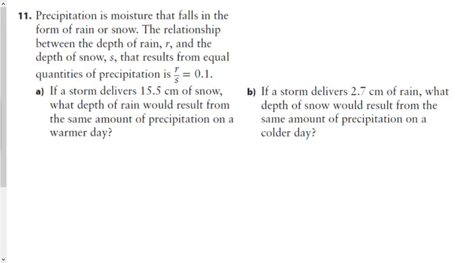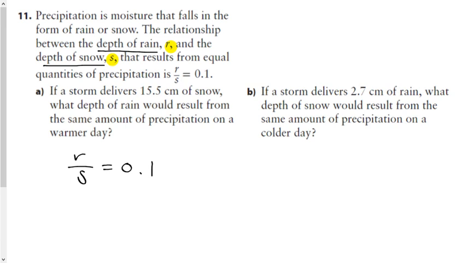Now we get into our story problems. Precipitation is moisture that falls in the form of rain or snow. There you go. New learning science class. Who knew? The relationship between the depth of rain, symbolized by the variable r, and the depth of snow, symbolized by the variable s, results in equal quantities of precipitation: the amount of rain divided by the amount of snow will equal 0.1. So if I use this formula,